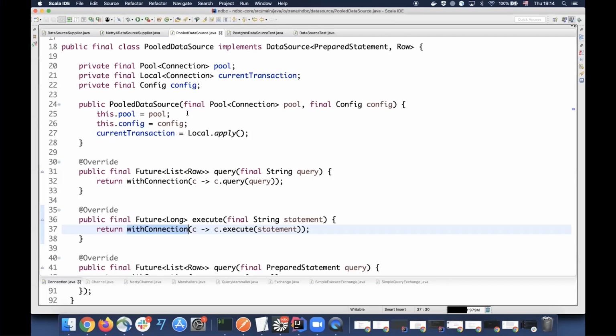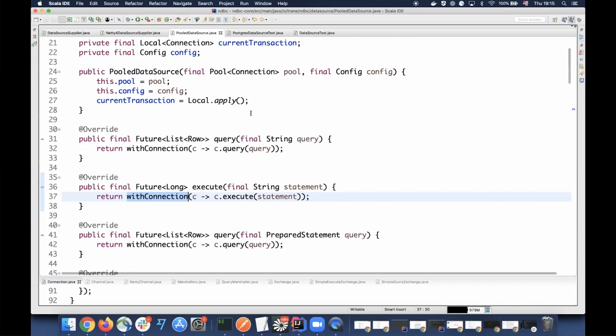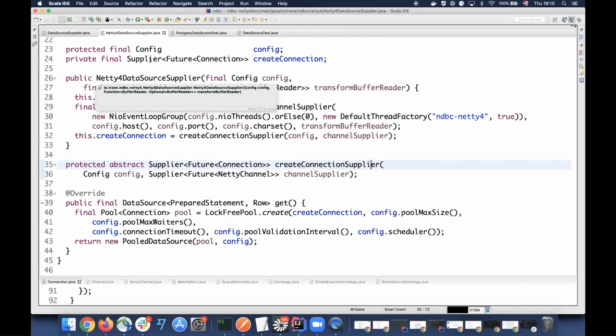Spring unwraps that for you at the end of the day, but you don't see it. But you can just execute that and say, okay, I want that result in 1 second, otherwise that will give you a timeout exception. So I have the pool data source. You don't have to worry about that one either. It's already wrapped as an implementation of the previous data source. It gets complicated in the data source supplier.